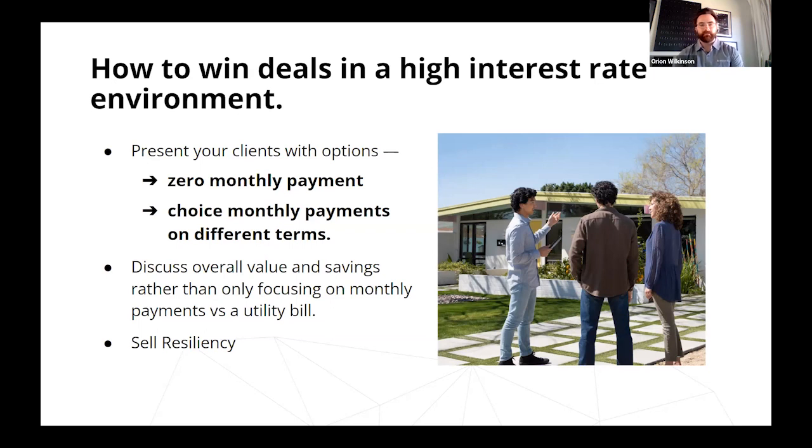And to achieve that, we have PowerSwitch Zero, which does offer zero monthly payments for that initial 12 or 18 month period. You can also show your homeowners different options, so various choice monthly payment options. You can actually model this directly on OpenSolar, show them dynamic live updates of what payments would look like. You can show various terms, 20 versus 25 years, higher or lower interest rates to show them how that would